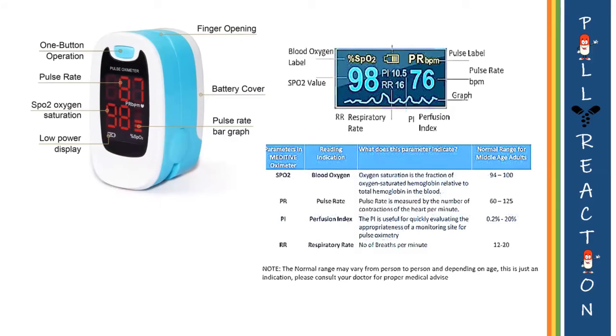So now you need to just clip the device on the middle finger or on the toe or even on the earlobe. To get a more precise reading, some studies showed the middle finger of the right hand gives the best accuracy. And do remember to remove any nail polish or tattoos from the finger which is used to detect the SpO2. And just in a matter of seconds, we get the readings.